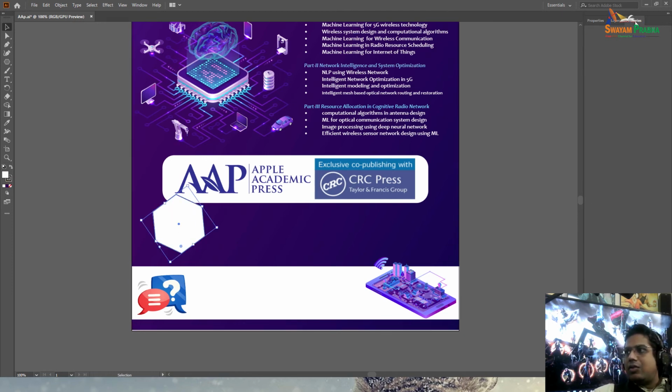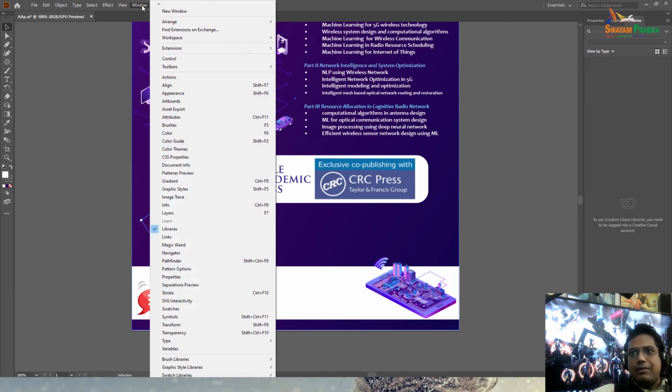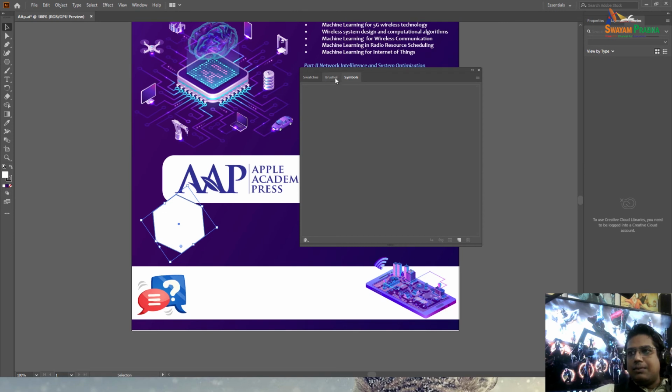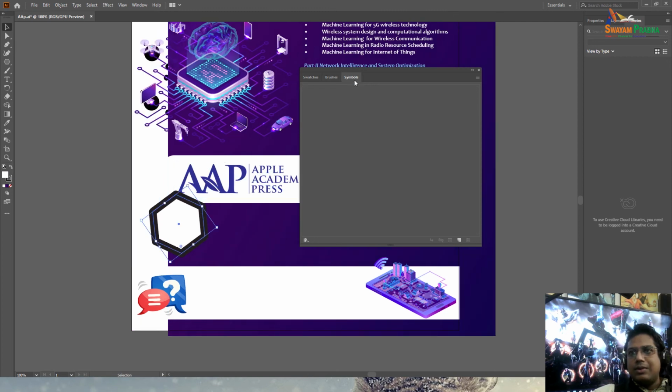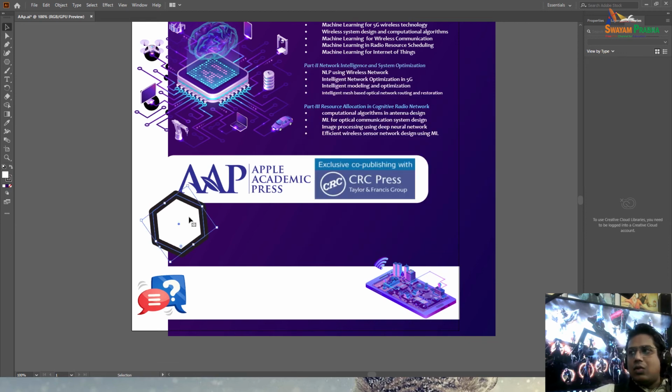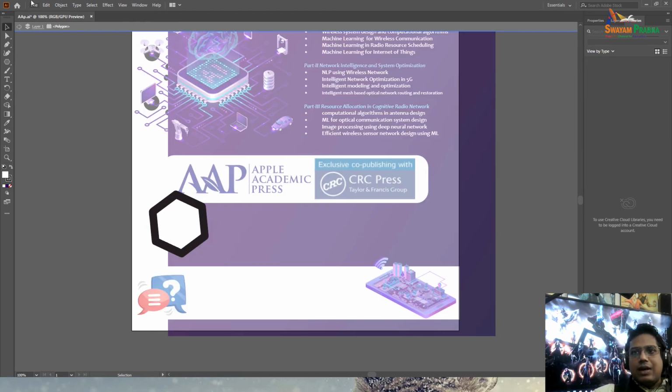We can go to the libraries also, we have a lot of data. In the library there are a lot of options and information. We can go with the symbols here. When you hit on symbols, we will have some symbols and swatches. We have brushes, so if you want some brushes, we can add some brushes. So these things we have in Illustrator. Now what I require here, I'm saving this one file.